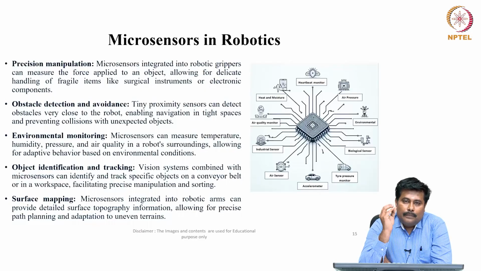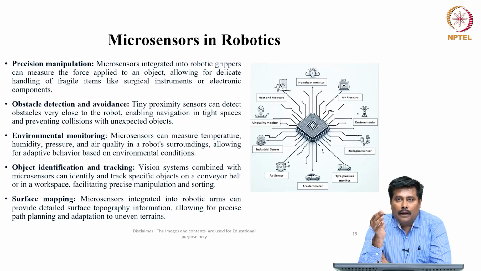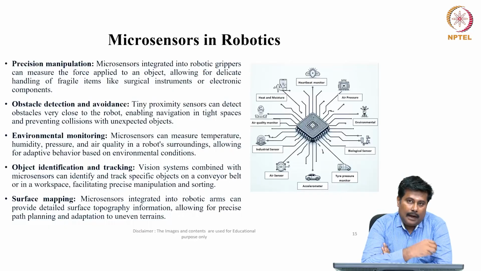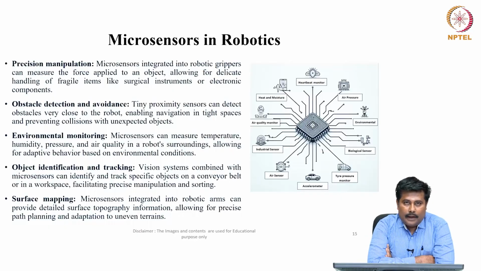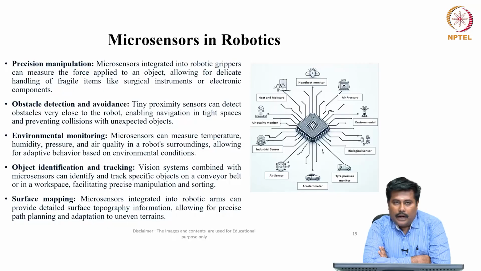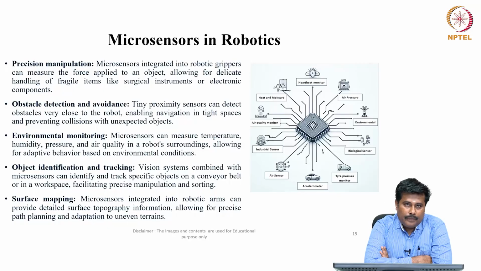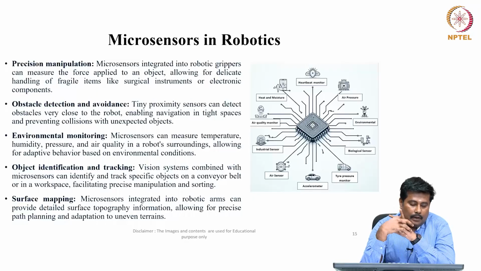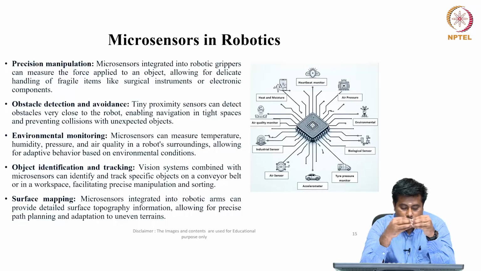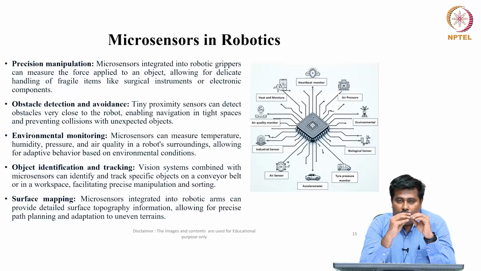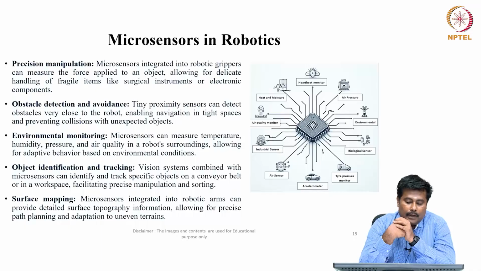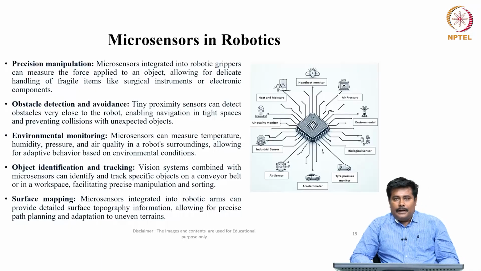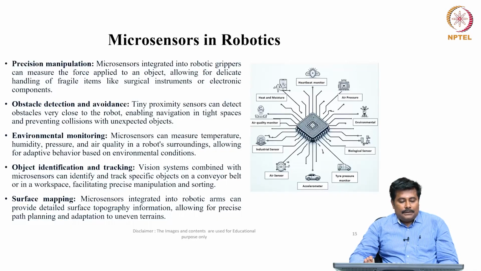So these microsensors are integrated into the robotic gripper and can measure the force applied to an object, allowing for delicate handling of fragile items like surgical instruments or electronic components. Similarly, when we talk about obstacle detection and obstacle avoidance, basically in the case of AGVs, small micro robots, a swarm of micro robots or micro drones, a tiny proximity sensor can detect obstacles very close to the robot, enabling navigation in tight spaces and preventing